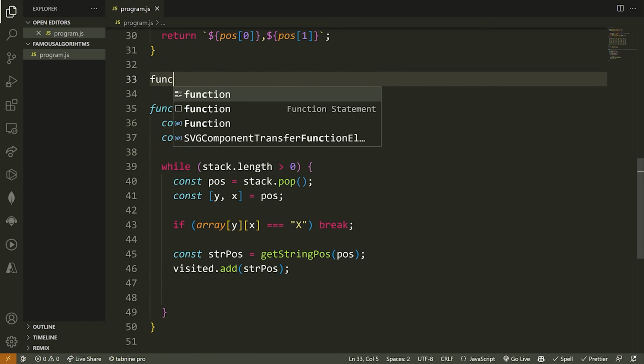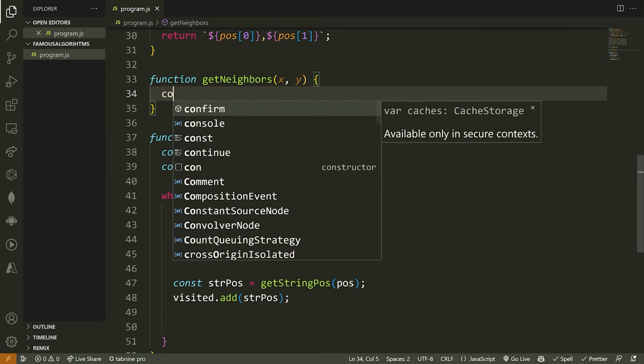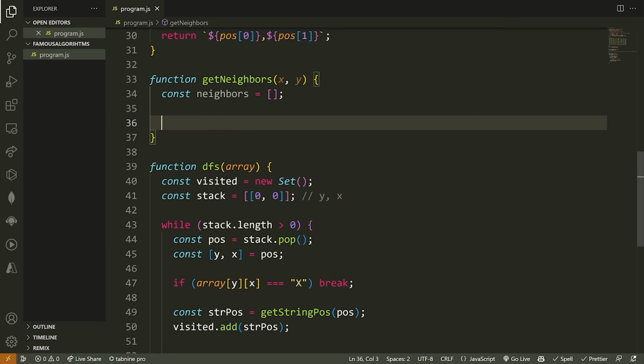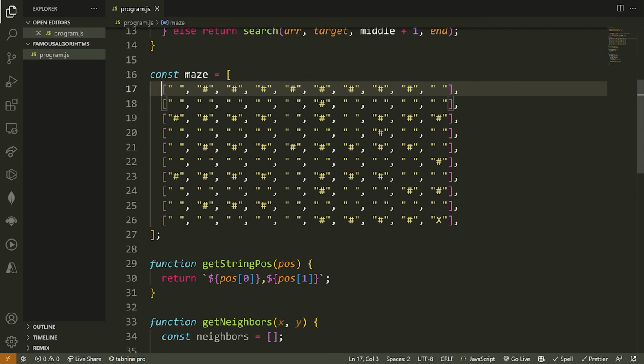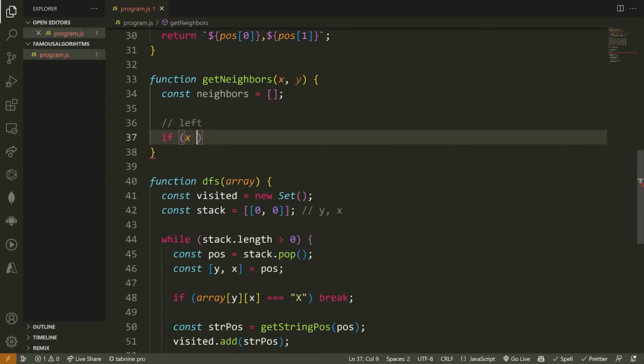So now we need another function called getNeighbors. Okay, this is going to take in an x, y, and it's going to return an array that contains the neighbors. So we're going to say const neighbors is equal to this, and then we're going to see what positions are valid for us to add as neighbors. So we're looking at the left, right, top, and bottom. So let's do left. To check if a position is valid going to the left, we need to make sure that it's inside of the array, so it's not outside. So we actually do have a left that we can go to, and then it's not equal to this pound symbol. So we're going to say if x is greater than or equal to 1,